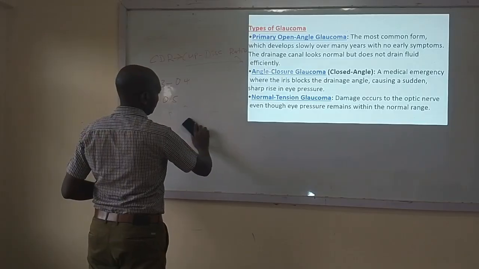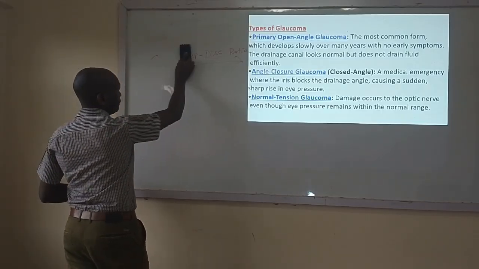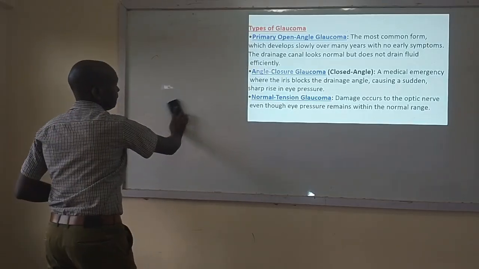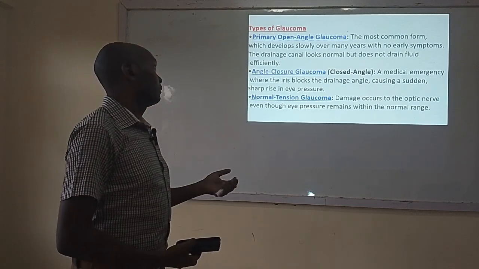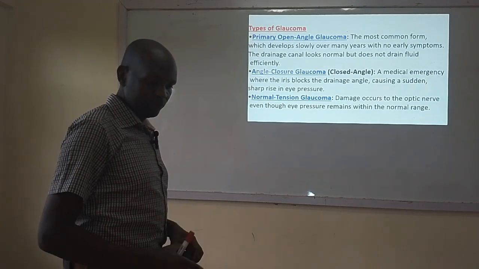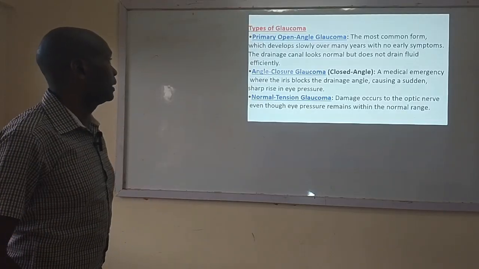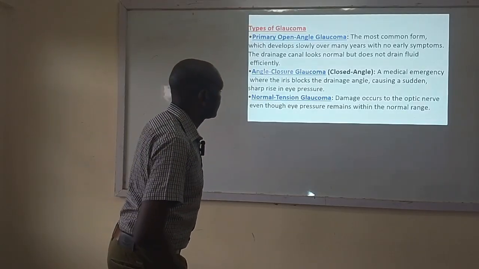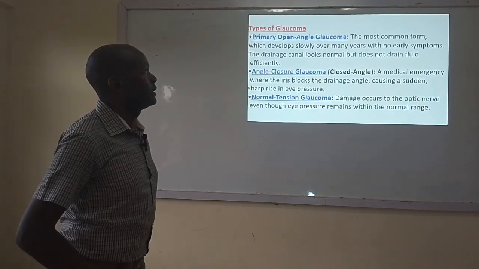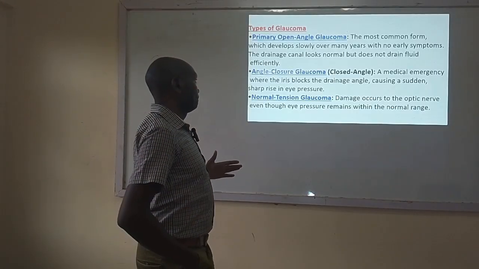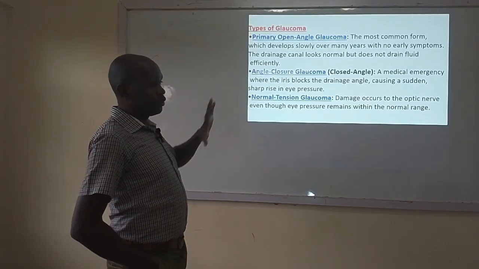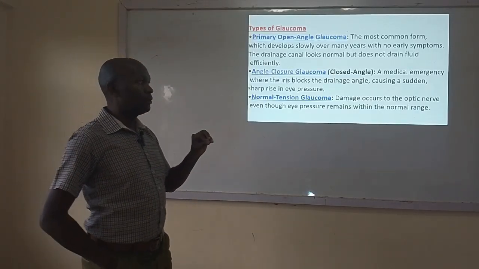There are types of glaucoma. We have around 5 of them. We have primary open angle glaucoma, which is the commonest, and it's very gradual,